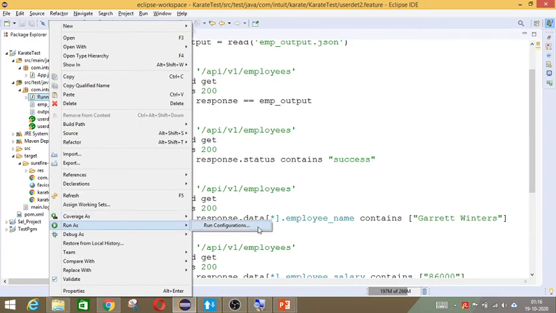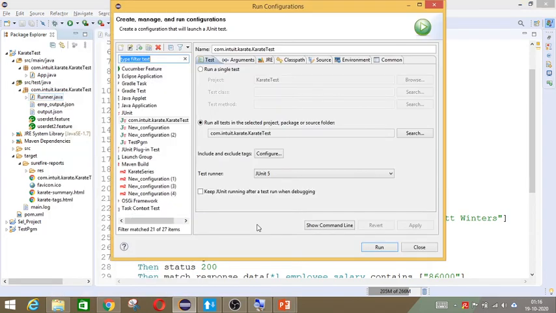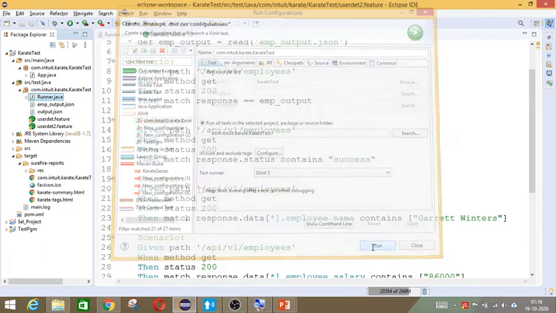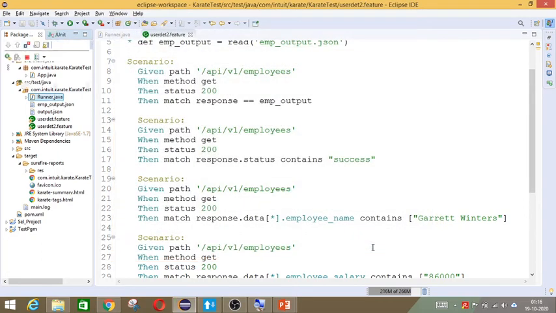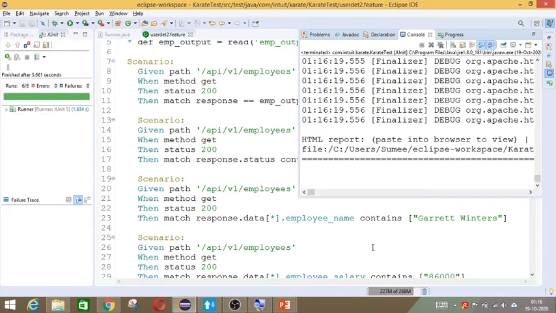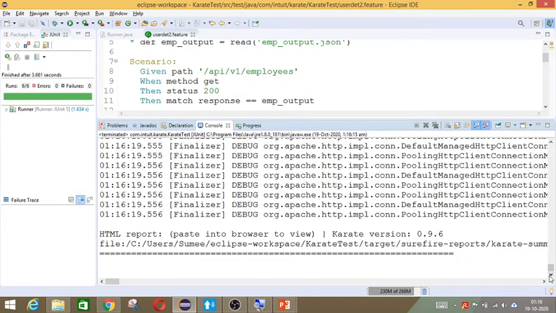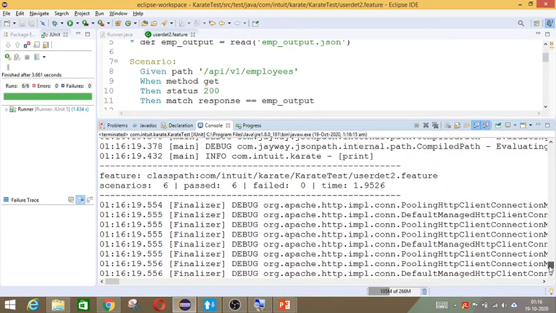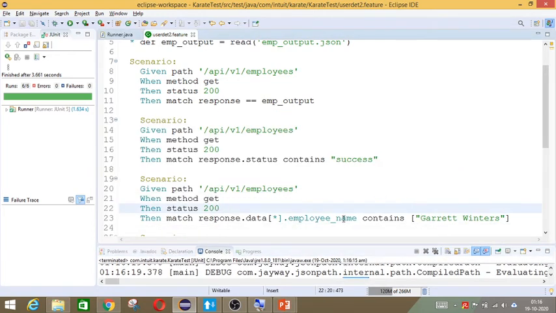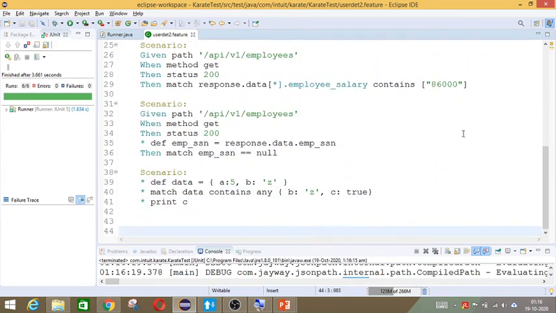So run as. So it has executed, and somewhere the value for print would have been there inside. It's a big output. Sometimes there is a print here, right? This print has been done. So this is how we will be using contains any here.